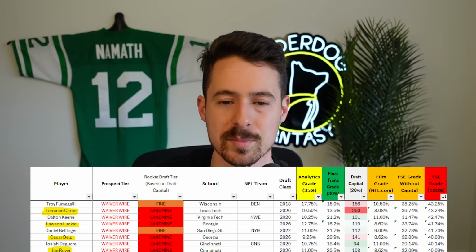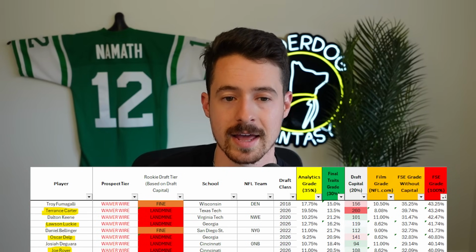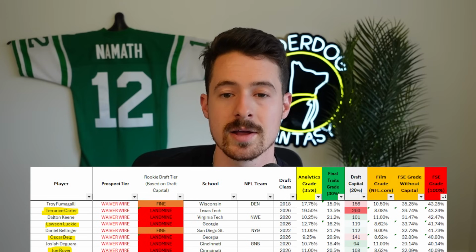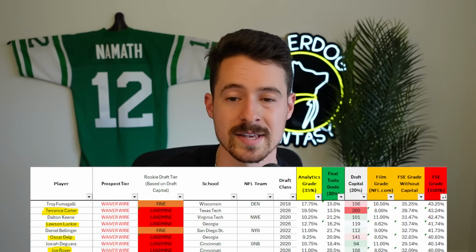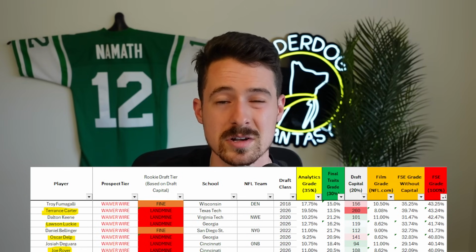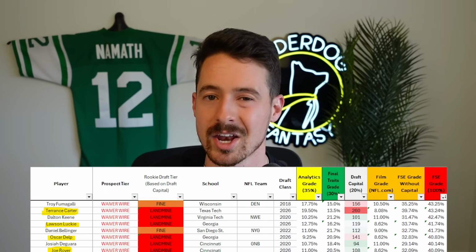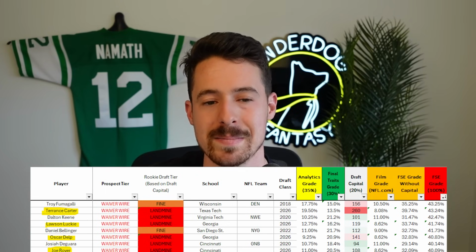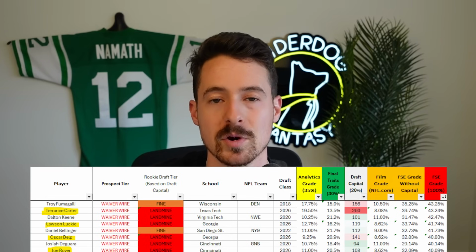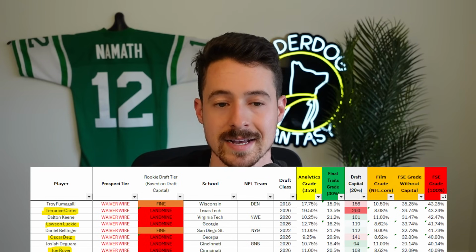Terrence Carter is similar to Koziol because he was at a small school, Louisiana Lafayette, 691 and 4 touchdowns there. Then he transfers to the big leagues with Texas Tech this year, and we'll have to wait and see what he does. He's listed only at 6'2", so kind of undersized for a tight end. He comps kind of like a Dalton Keene, Josiah Deguara type of tight end, and maybe he's an H-back, maybe he's not, which is not usually good for fantasy purposes. But we'll have to wait and see what he does at Texas Tech this year.